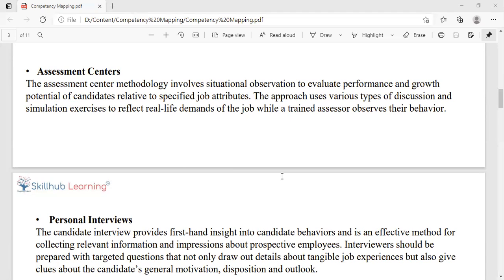Then they also test your cognitive elements, the mathematical reasoning, logical abilities, all those assessments. So they evaluate how well you can think.